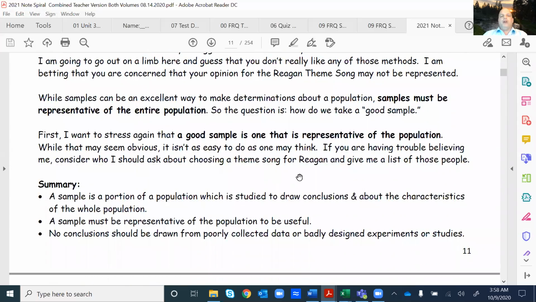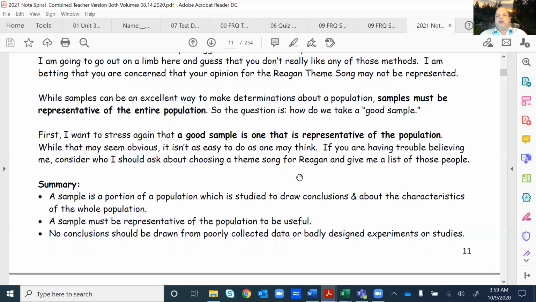So, in summary, we collect data to make generalizations about the population. It'd be nice to be able to do a census where we know the parameter, but we rarely do, so we have to use a sample to estimate things about the parameter. The sample values that we collect are data, but if I was looking at the proportion of the people supporting a candidate, that would be a sample statistic. So we use a statistic to estimate the population proportion. So